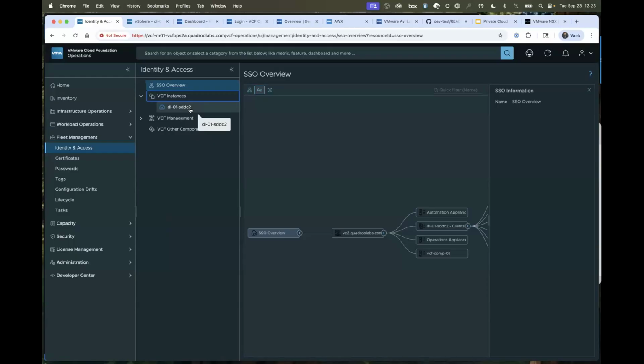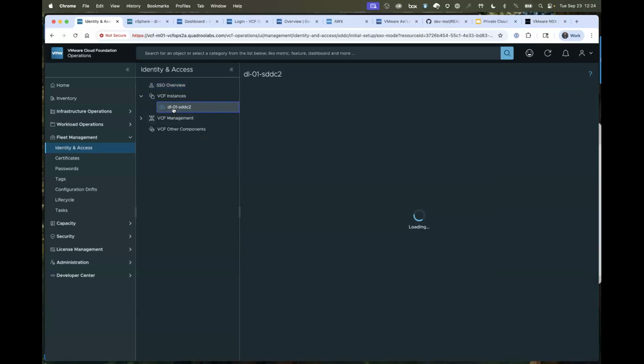So Okta, Ping Federate, some of the ones that are very common out there, we can now pull those in and use that as a single sign-on across the entire environment. So I think this is a great example of how Broadcom is streamlining the portfolio and also providing a feature that we're thankful to have across the environment now.